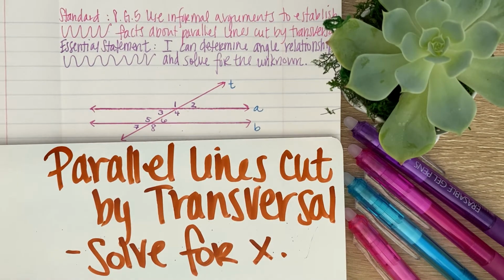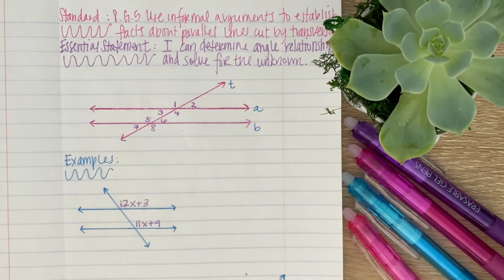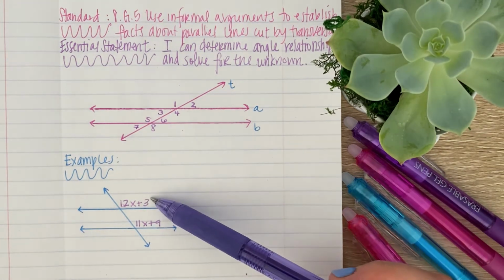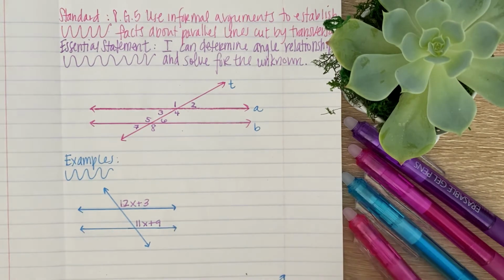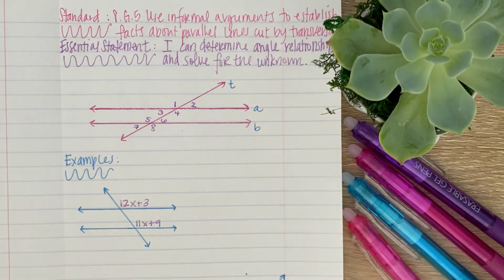So we're going to be using all of the definitions that we have learned to solve for the unknown in our example. So I'm going to go ahead and open this up. And here is our first example. Here we have two parallel lines cut by a transversal, and we have this angle and this angle. So we need to know what kind of angle this is first. These to me look like